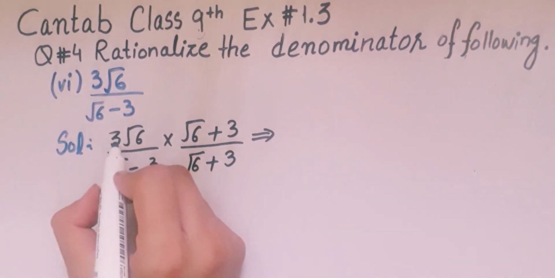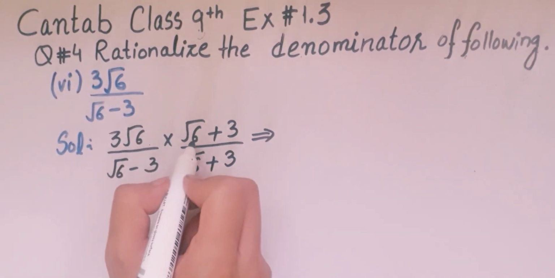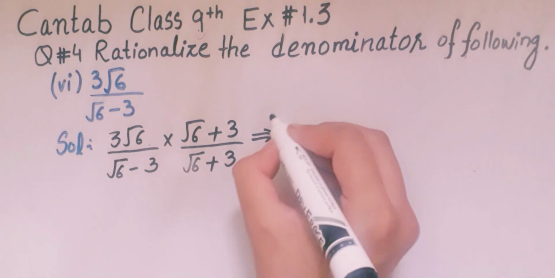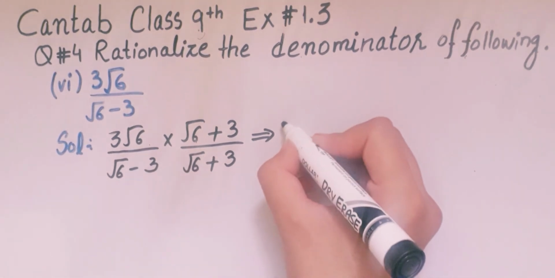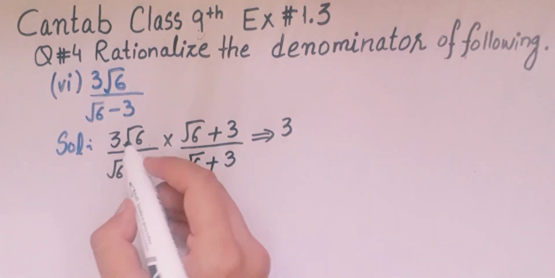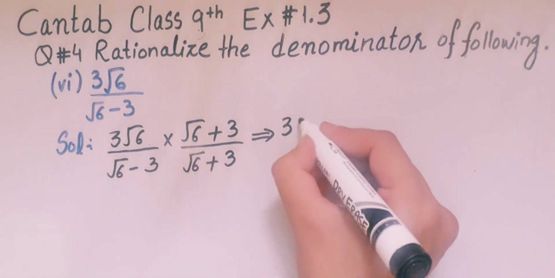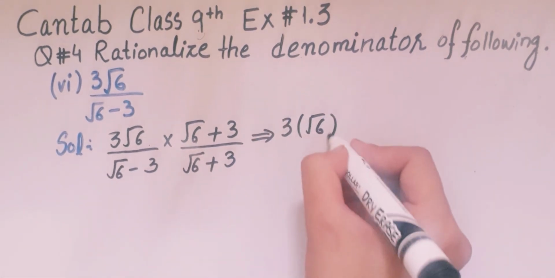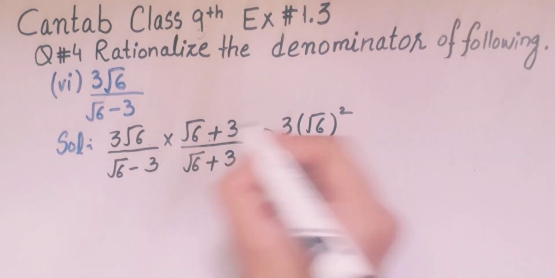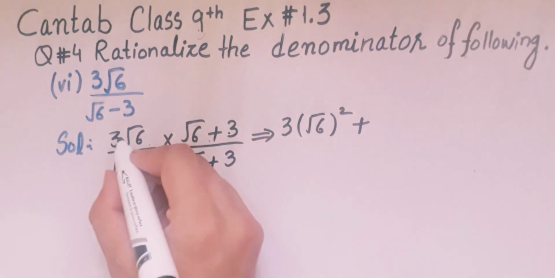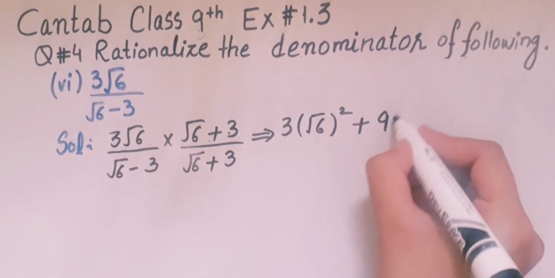Now we multiply 3 square root 6 by square root 6 plus 3. So 3 multiply square root 6 into square root 6 becomes square root 6 square, plus 3 multiply by 3, 9 square root 6